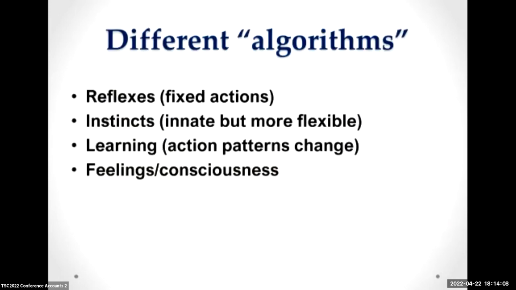And in these processing units, or ganglia or brains, evolution added a lot of different types of algorithms for making decisions. The simple forms are just reflexes or instincts, and also learned actions like this nematode can have. And then feelings and consciousness, I believe, is best understood as an advanced way of making decisions, an advanced algorithm that came in certain organisms because it helped them to make more optimal behavior.